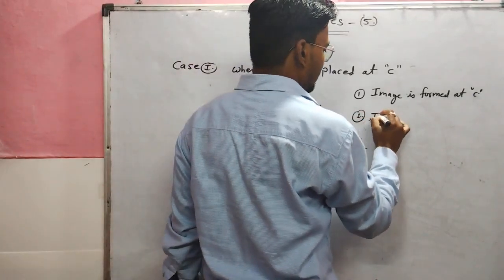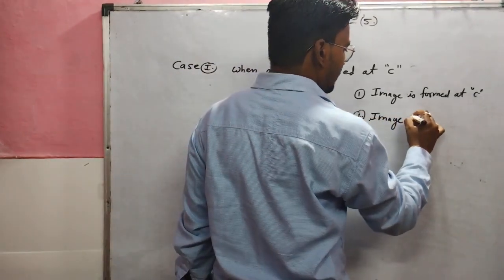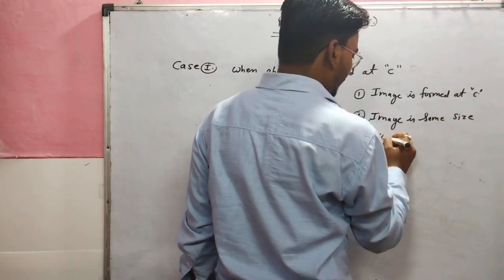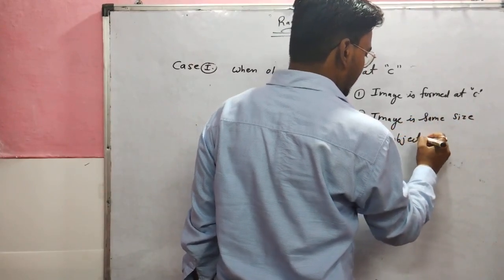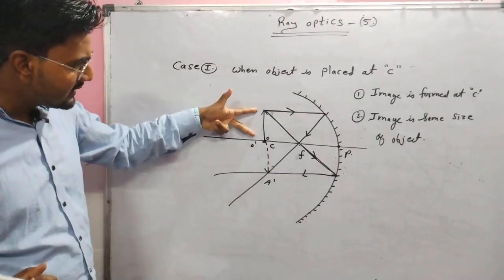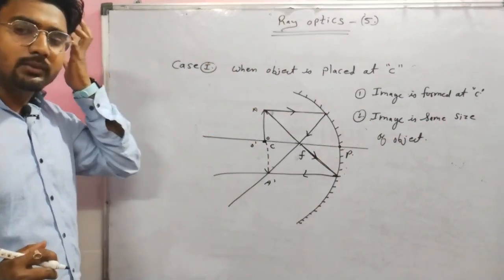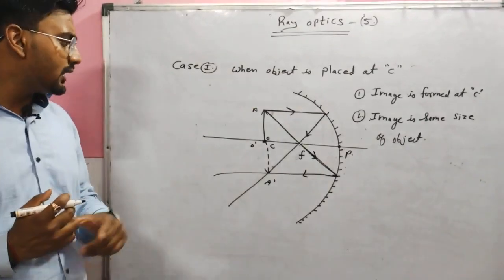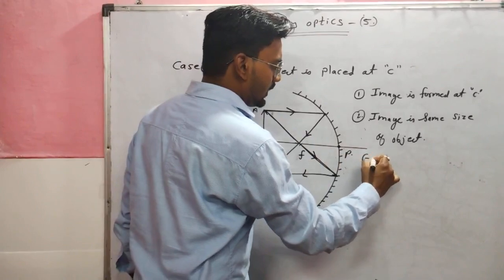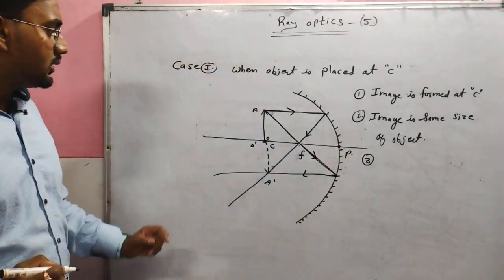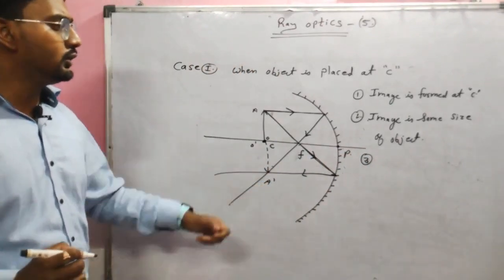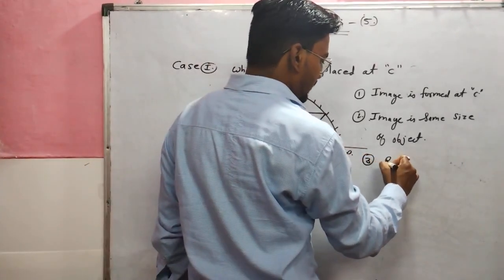So image is the same size as the object, means image is formed the same size as that of the object. Okay, now third point is the reflected rays meet in reality, so the image formed is real,